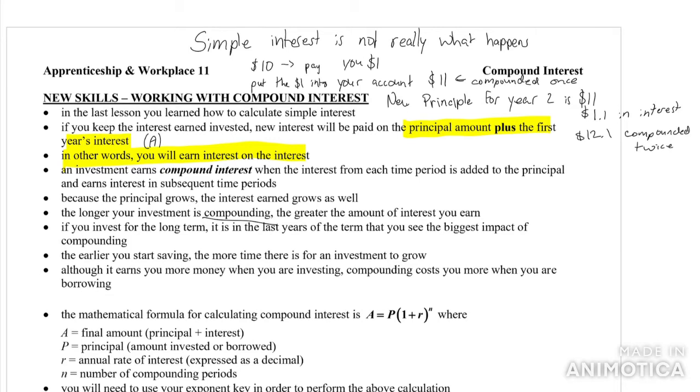So if you invest for the long term, it is in the last years of the term that you'll see the biggest impact. So how you can think about this is sort of a graph of money divided by time, and you should expect to see it grow like this, or even more so like. So in the last couple years, if you have years here, you'll see the biggest change in the last year. You'll see the second biggest in the year before that, and then at the beginning you don't see much change at all. So the key bit for this is, for us, long-term savings are important. If you start early, it's going to have a bigger effect down the road.